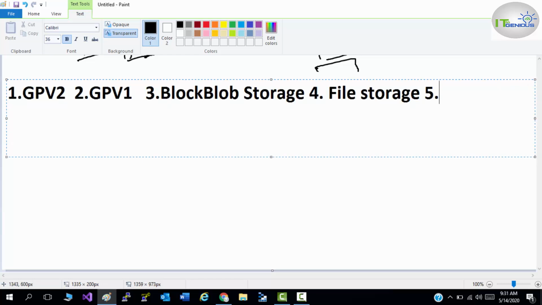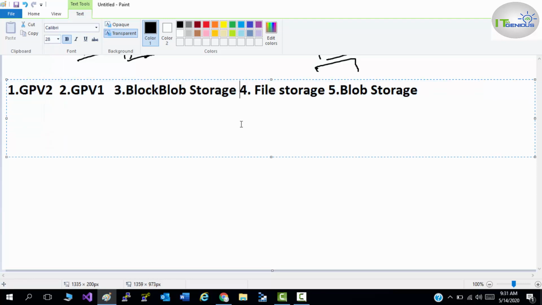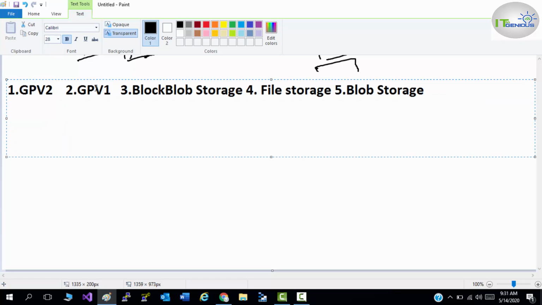Then number 5, blob storage. So these are the types of storage which are available in your Azure storage account. Whenever you create a storage account, you will get these options, and you need to select which type of storage account you want to create.